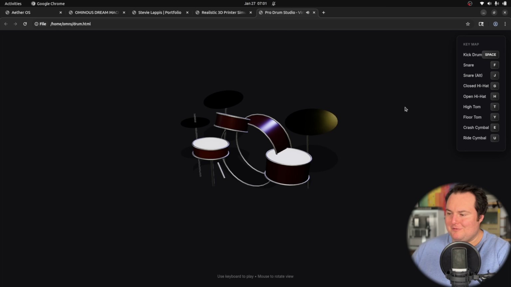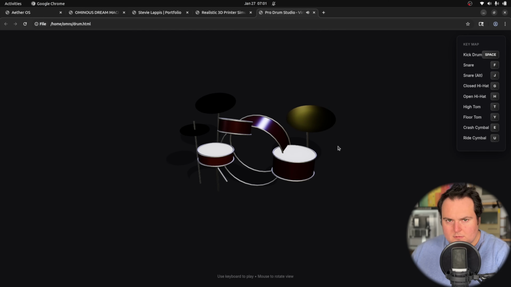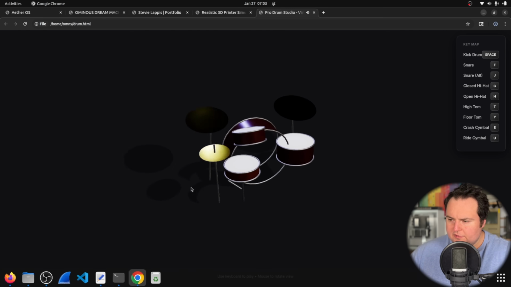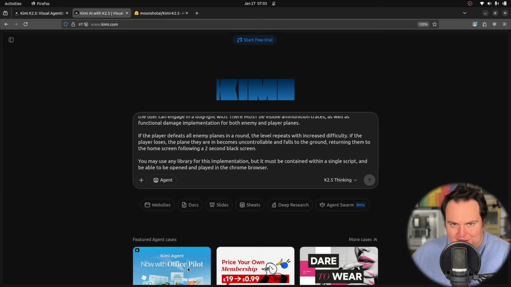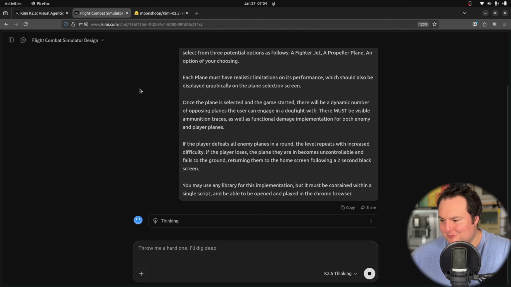And that's a very prominent effect on the ride cymbal. Very nicely done. All right, I'm going to try the Flight Combat Simulator game, as this is, I just love